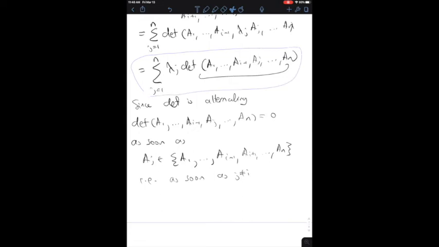Okay, so this expression here is simply equal to